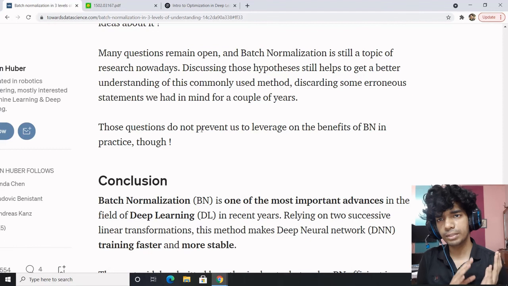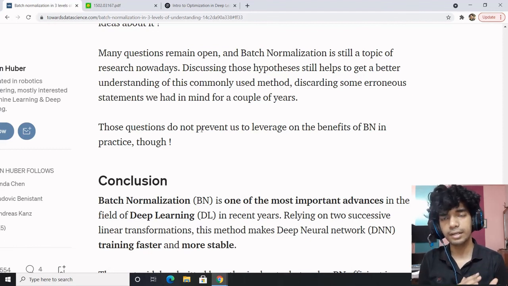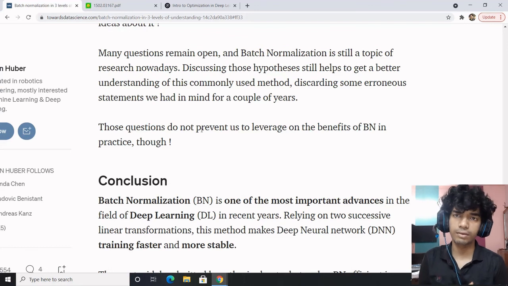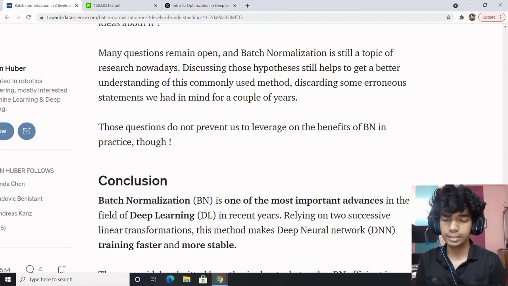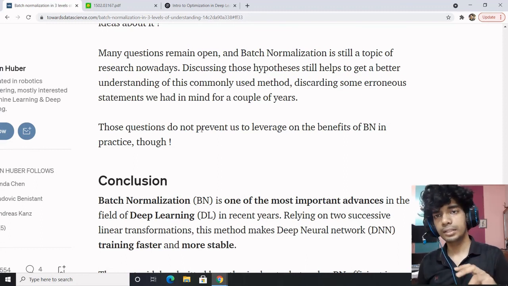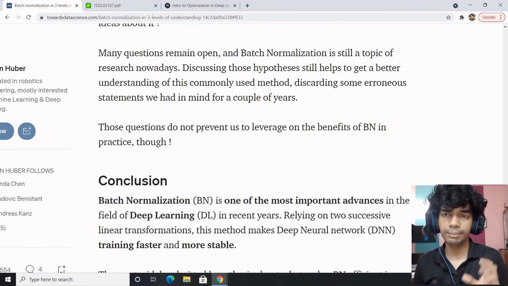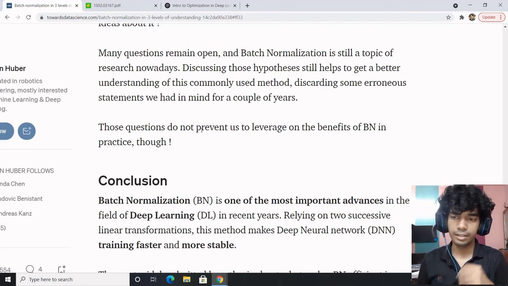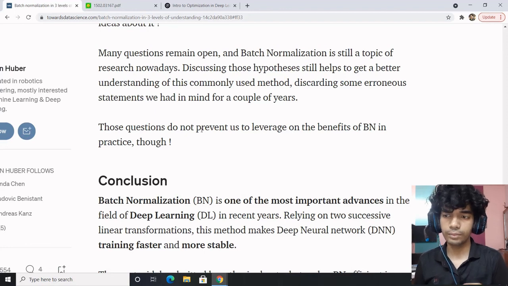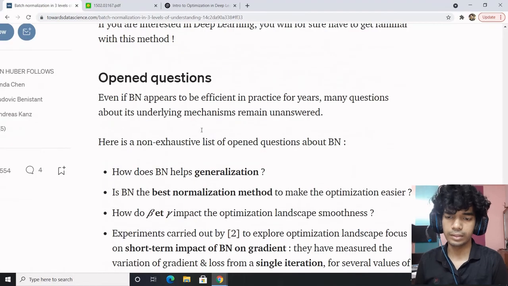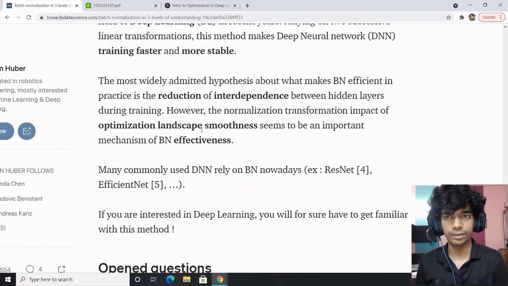Some of the official implementations have placed it right before the activation. Some have placed it right after the activation. Whether to place it before or after the activation depends on you. So it's better to try out both the methods. And another thing is you can start with a higher learning rate that would help in faster convergence, and skipping the local optima. Added to it, while testing or while transfer learning, you need not use batch normalization layers, or those can be frozen to the values they have learned.